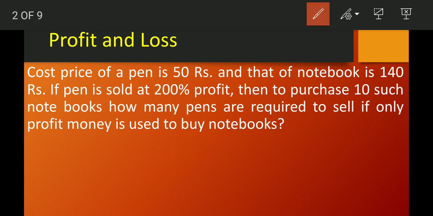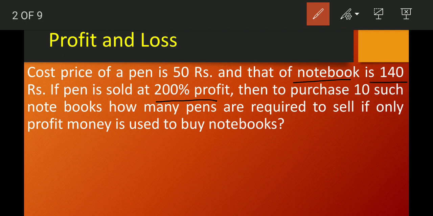So the question says the cost price of a pen is 50 rupees and that of a notebook is 140 rupees. If the pen is sold at 200% profit, then to purchase 10 such notebooks, how many pens are required to sell if only profit money is used to buy notebooks? That is, a few pens are sold and the amount we get as profit is used as complete CP for